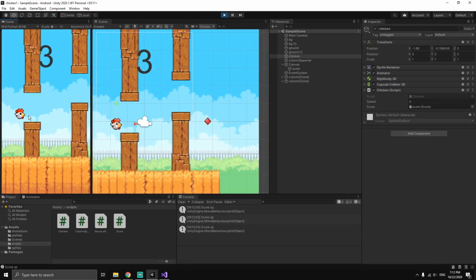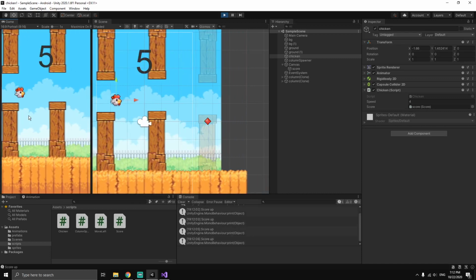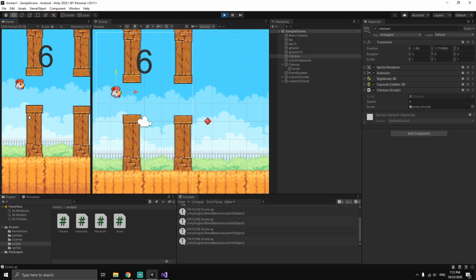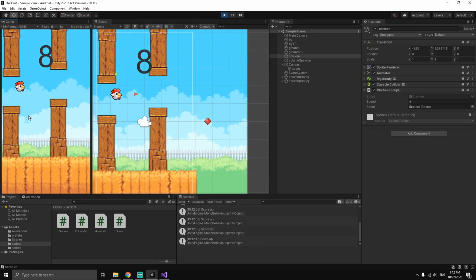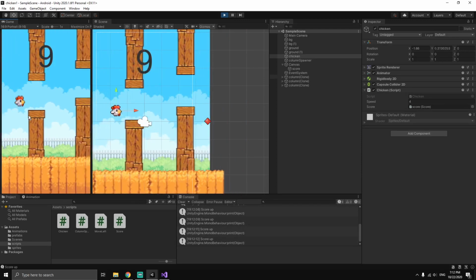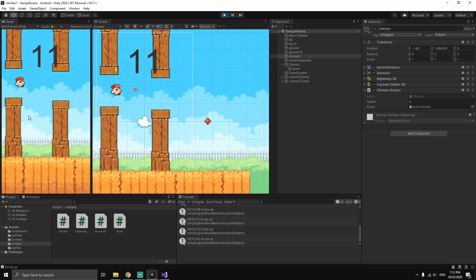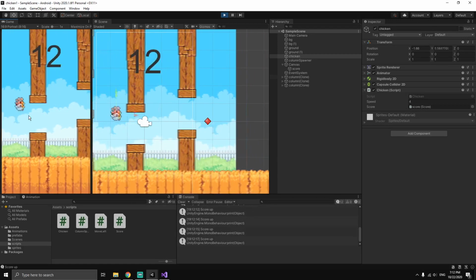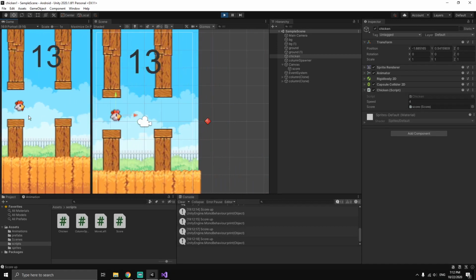I think this is the best way to learn, really: to make many mistakes, to see me making mistakes, and to see me fixing them and telling you why it didn't work. It was actually scoring up when it was hitting the collider of the background. So that was actually a little bit funny. All right, so now